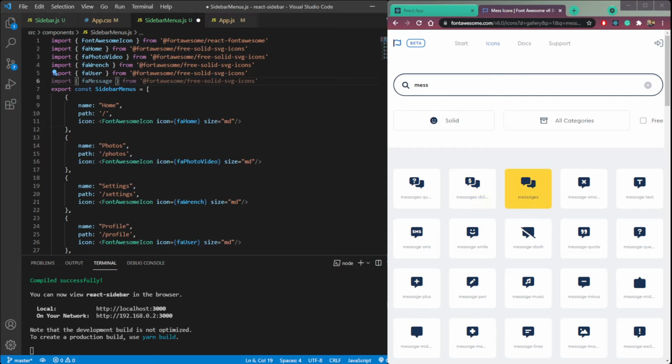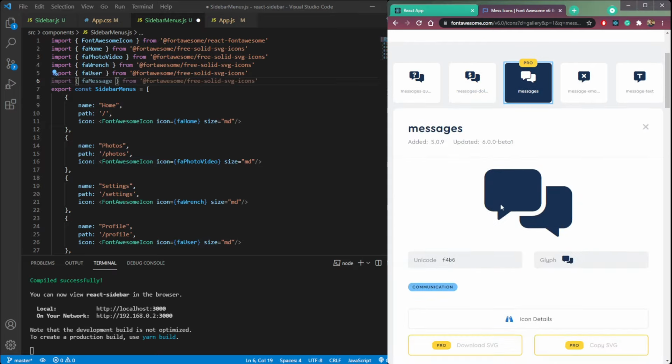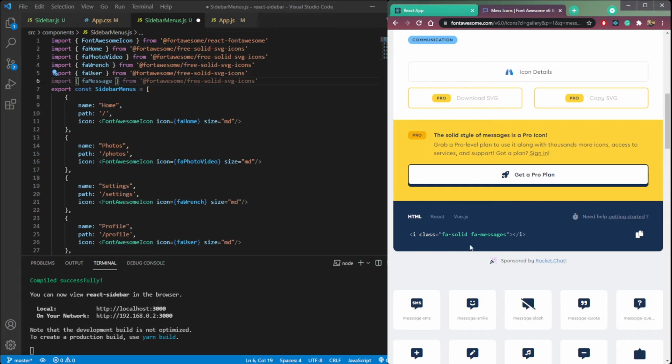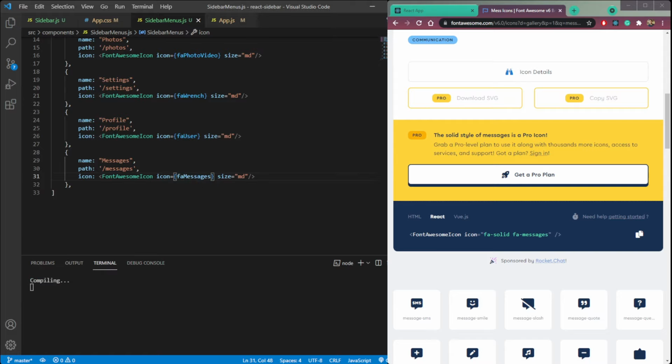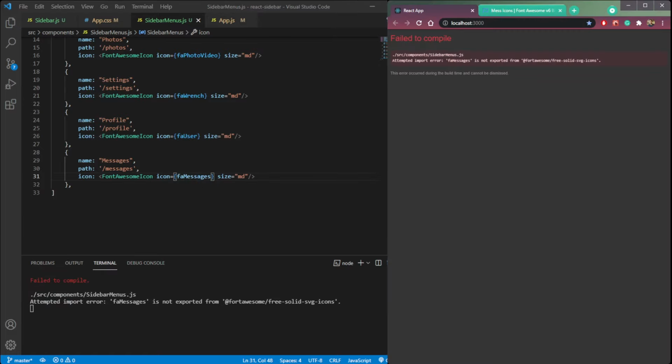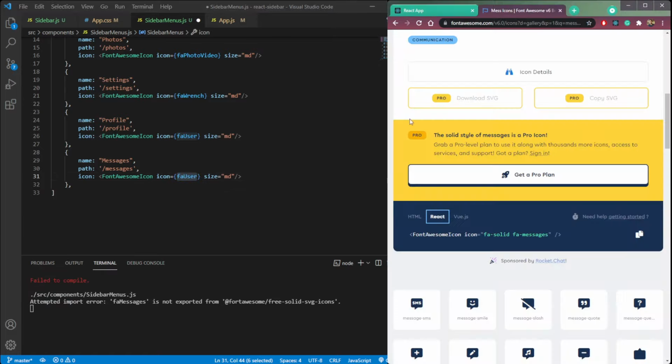We're not getting anything. So let's check the documentation. Far solid for React. Far messages. Let's try this one. But this icon is not present in the database, so remove it.